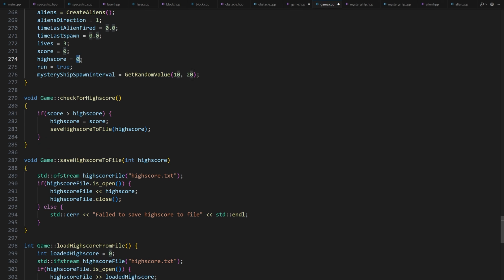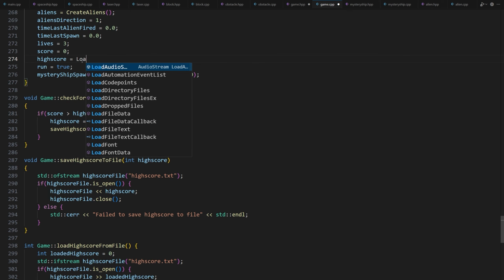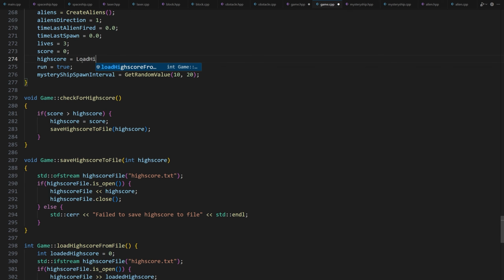So we are going to call the load highscore method at the initGame method. If we take a look at the init method, we can see that we initialize the highscore value to 0. We need to change this line of code. We will initialize the highscore value with the value we read from the file. highScore = loadHighScoreFromFile();